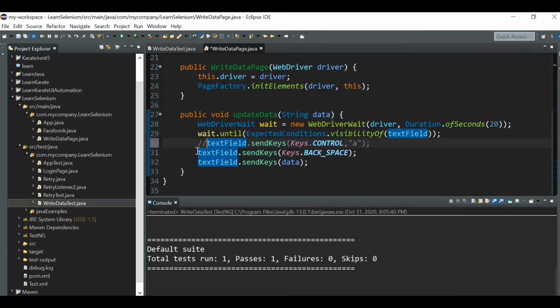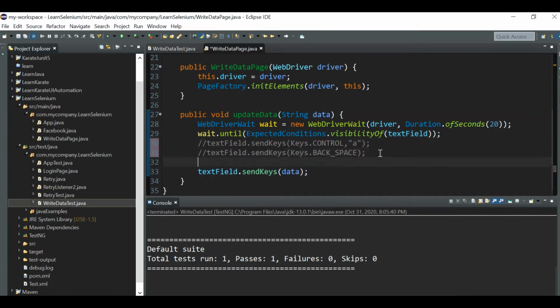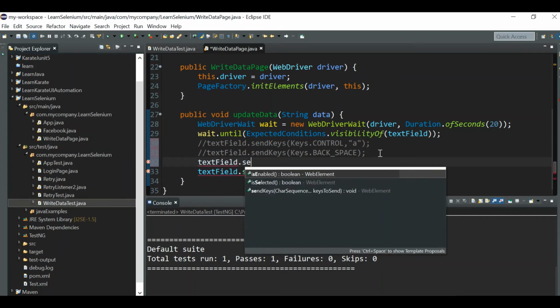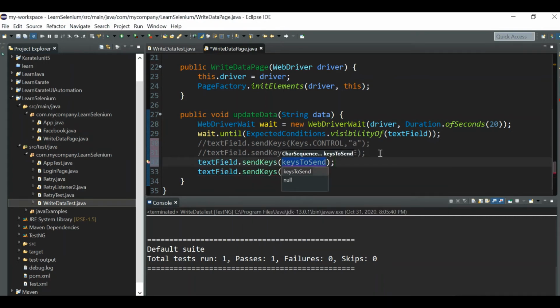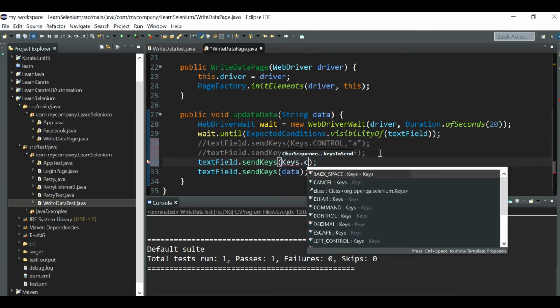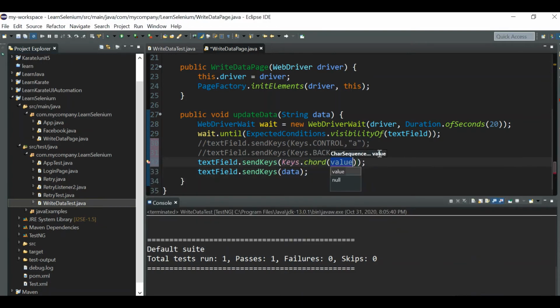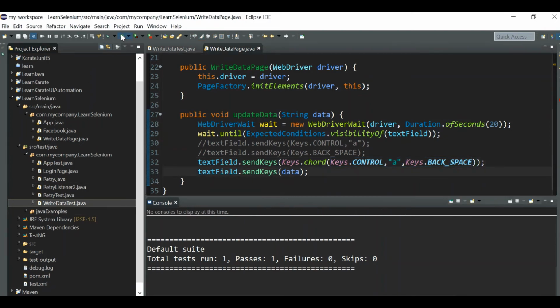For that, let me comment this out, and now you can write textField.sendKeys. Using Keys.chord, you can combine all your keyboard actions. So first is Keys.CONTROL, A, then Keys.BACK_SPACE, right? And it will clear the data. Now let us run it again. Let's see if it works or not.